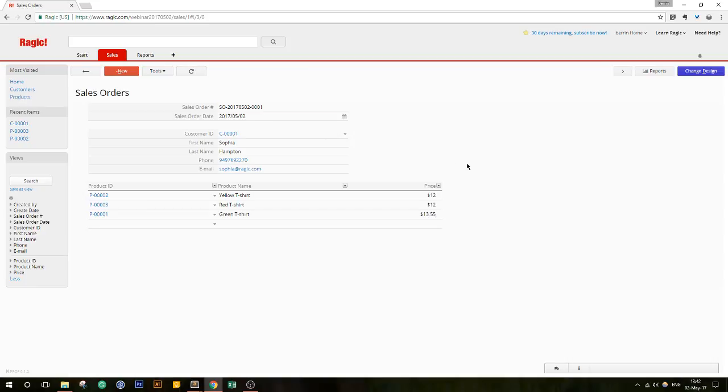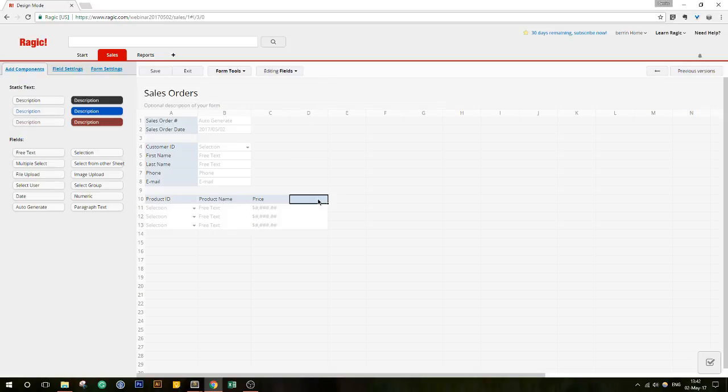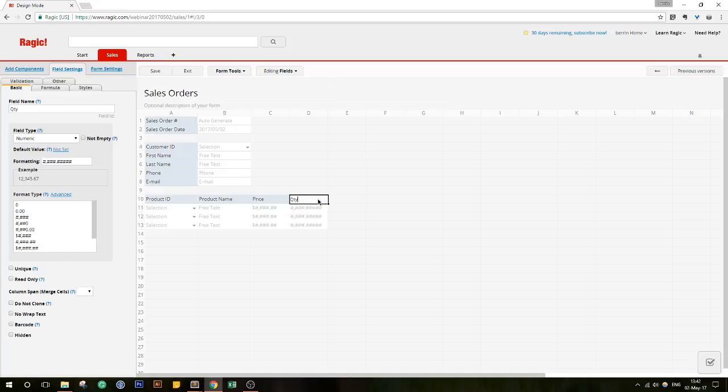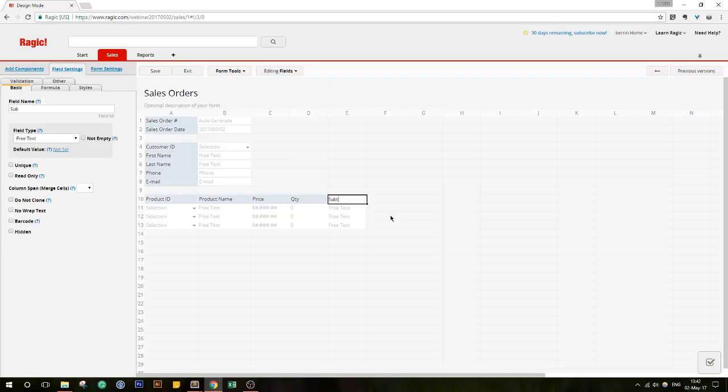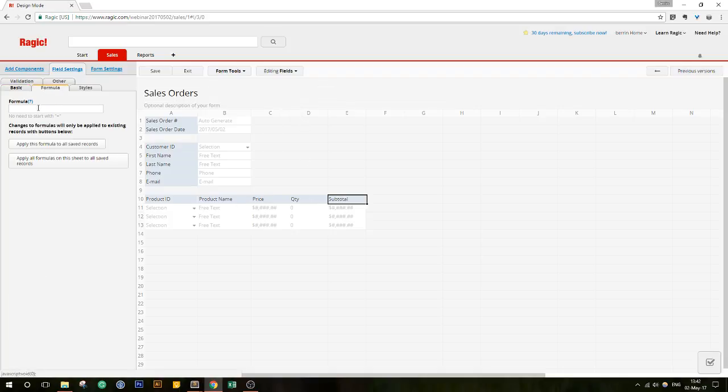Alright, so a very quick tidbit here for my formulas and actually calculating the value of the sales order. I will need some extra fields, like the quantity of the products this person is ordering, as well as the subtotal. So the subtotal will have a formula. Again, we're referring to the field headers, so it's going to be price times quantity, which is C10 times D10. So let's write that. I have subtotal selected and I will apply the C10 times D10 formula over here and